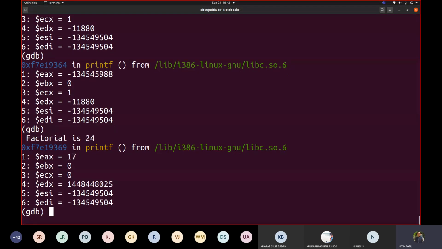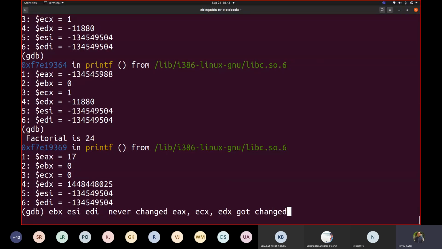ECX also changed. What was not changed? EBX, ESI and EDI never got changed. What got changed? EAX, ECX and EDX got changed.